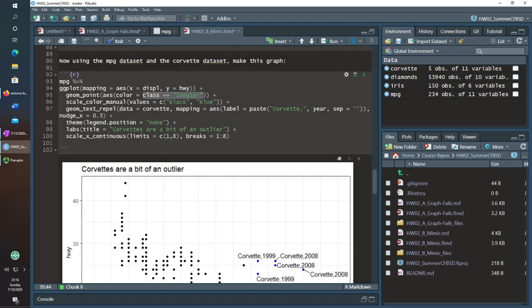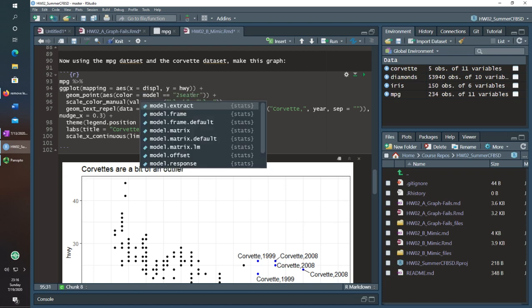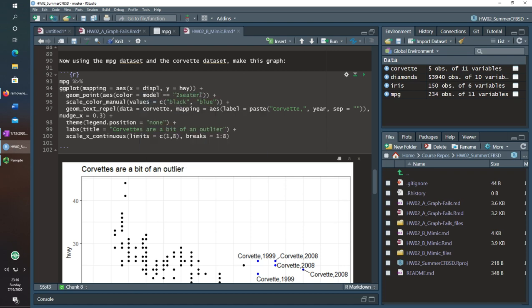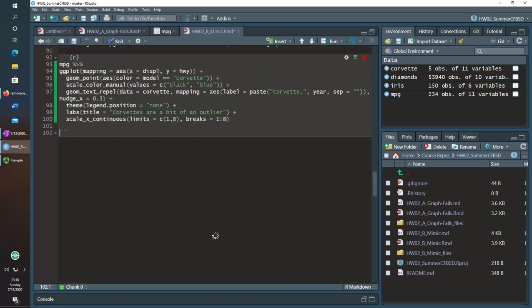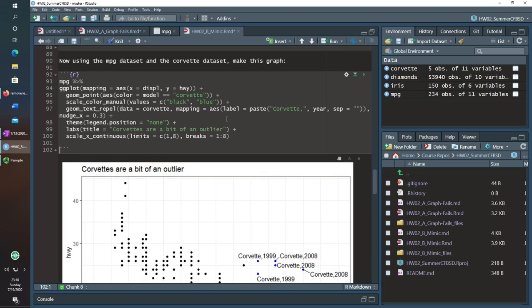I could have also done, probably the better one to do, model is equal to Corvette, if I know how to spell Corvette correctly. And then if I run this, you'll see that it's actually the exact same thing, because it's pulling out the same values, taking the model where it's equal to Corvette, it's reassigning this to be true or false, and basically true becomes one color, false becomes another color.